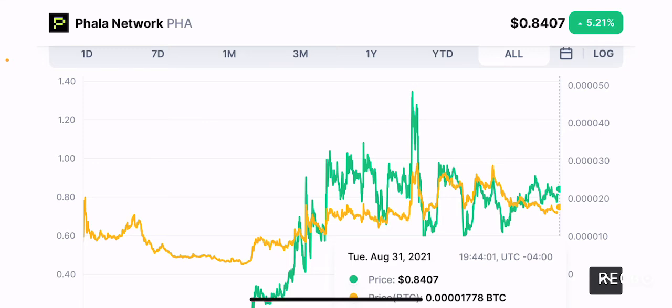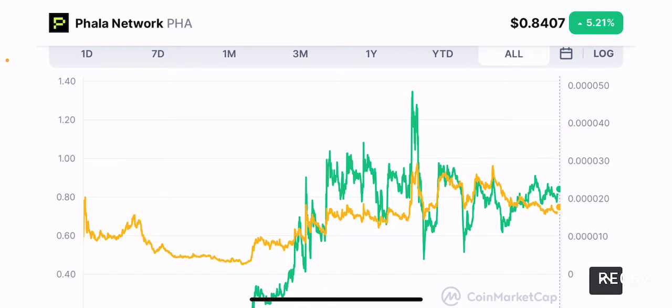So again, this token is extremely volatile in the Bitcoin comparative. If you want to buy this token with Bitcoin, you need to be extremely careful because there are extremely sharp peaks and sharp dumps. But overall, I think this token can easily make multiple X's in the future. So if you're looking to buy this token with dollar comparative and Bitcoin comparative, I'd probably suggest you wait